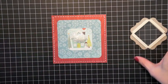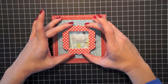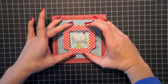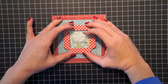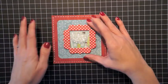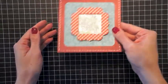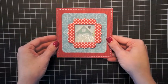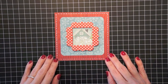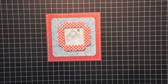So I'm just going to spoon it out here onto my little scene that I have, and I'm going to figure out exactly where I want my chipboard to lay, and I'm just going to press it down. Make sure it's on there really nice and tight and give it a shake. And thankfully no glitter goes flying out, so I know that my tape is exactly where I need it to be. So we have our shaker done, and I am just going to add a sentiment now to the bottom